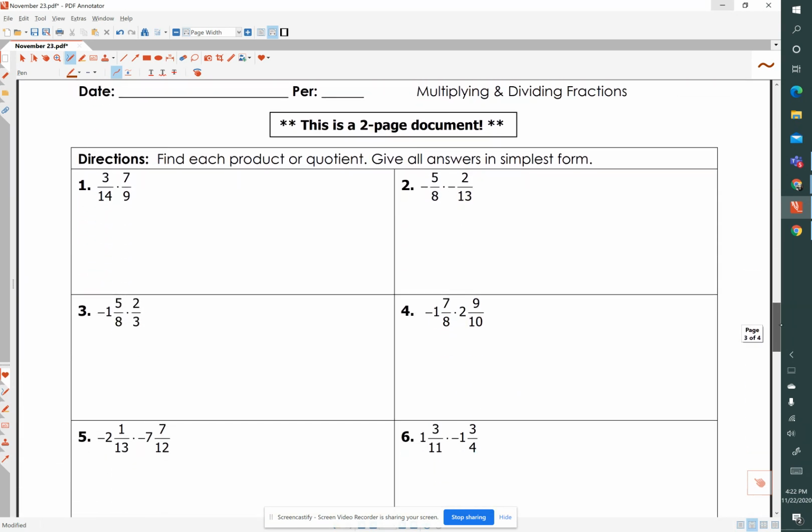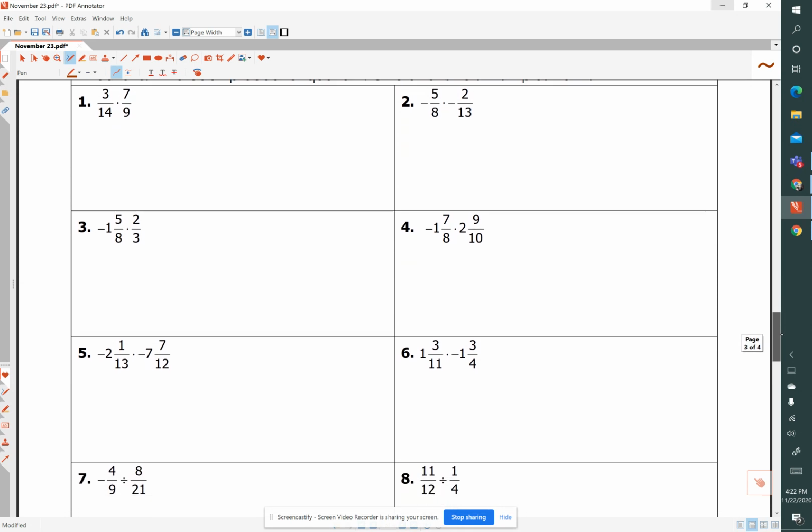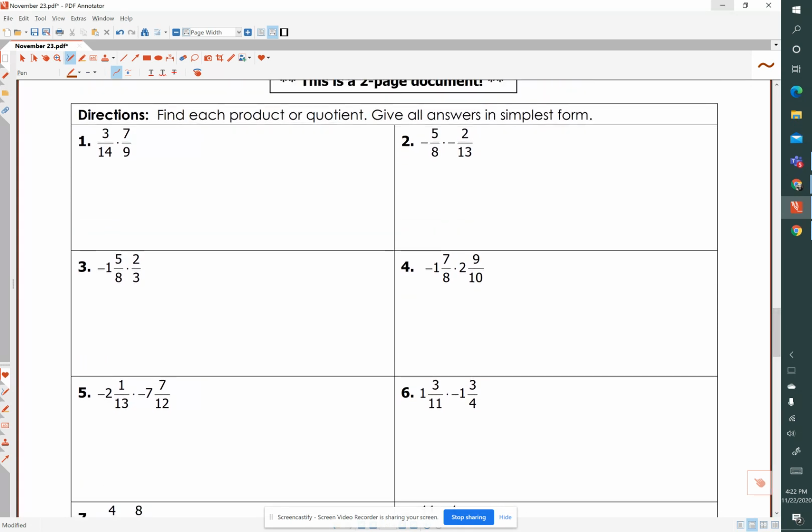So we're multiplying and dividing fractions. And it says, please find each product or quotient. So let's just review. The product is the answer we get when we multiply, and the quotient is the answer we get when we divide. So always let's look carefully at these. So number 1, we are multiplying. And do we have any opportunities to cross simplify? I'm just going to rewrite the problem, and I'm going to change my color for a minute.